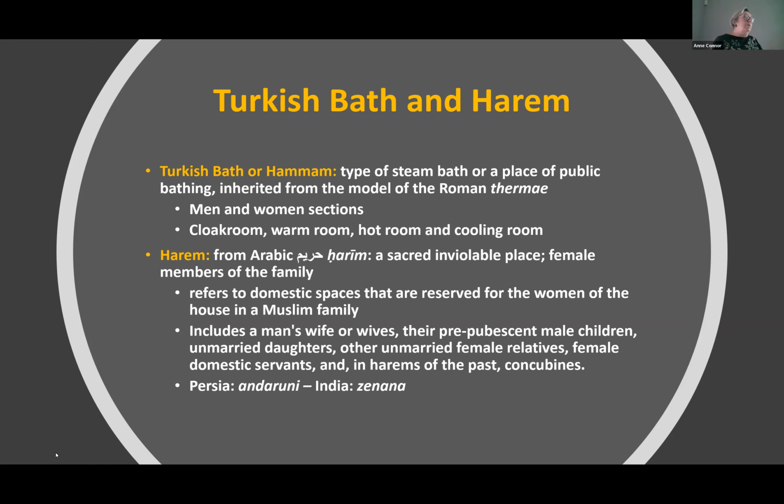So coming from Mrs. Montagu and distorted on what she wrote, there were many other people that wrote about the harem and the hammam in totally distorted ways and very erotic ways. And that was picked up by many people that then are going to show wrong descriptions of what it really was. The harem, from the Arabic harim, was a very inviolable place.